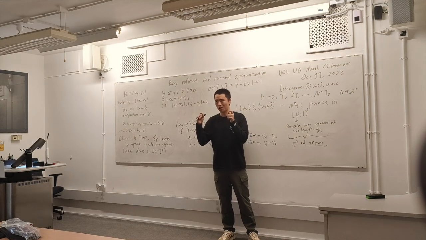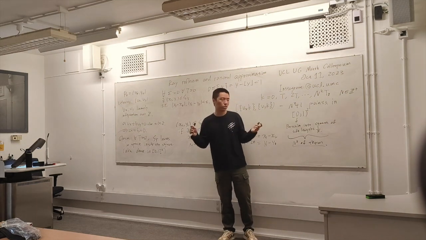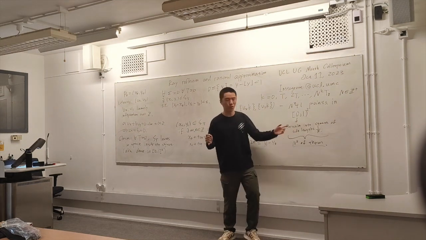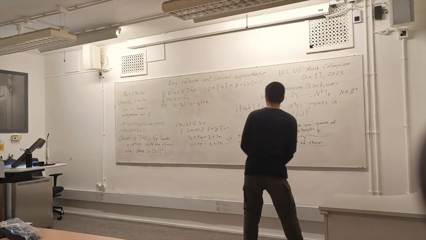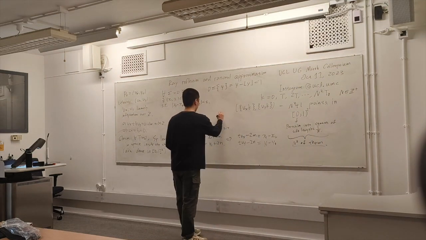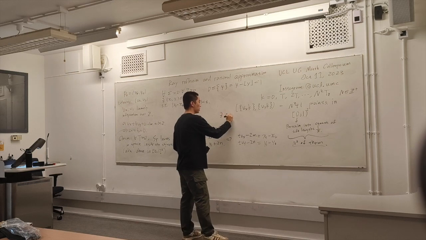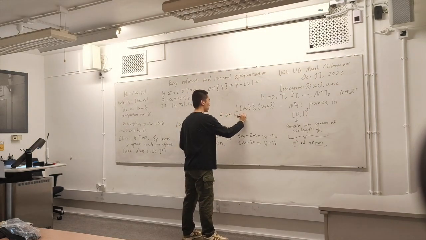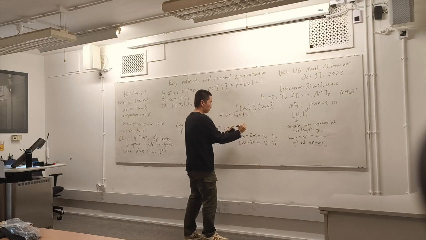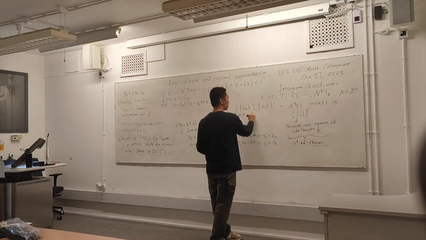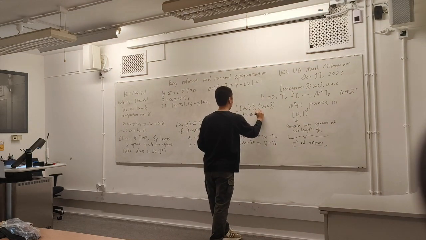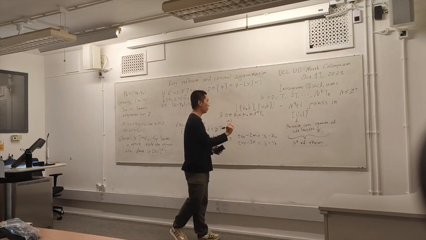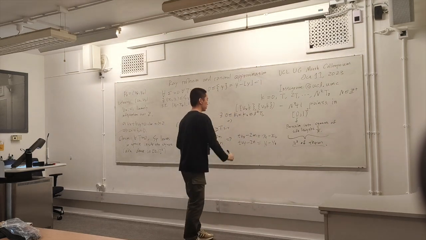So the differences are strictly less than the side length of the smaller square. This means that there exist some 0 less than k1 less than k2, also less than or equal to n squared times t0, so there are 2 points satisfying the condition that